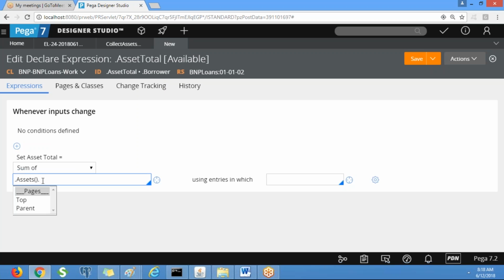When you select sum of, you have to use the page list, right? Assets is a page list property. Asset value, you need to type it, so it will not come automatically.